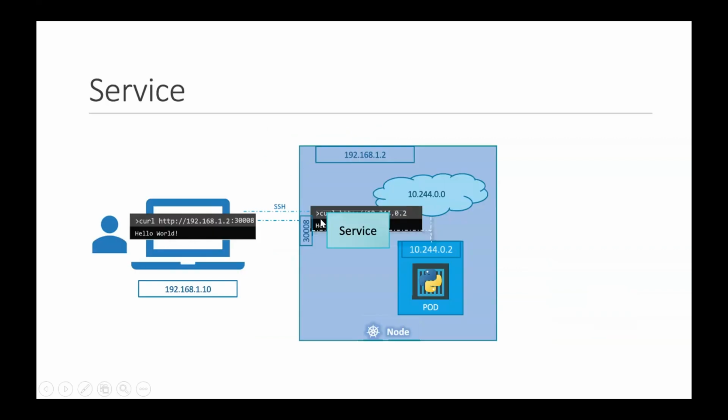Let's move ahead. You can see more examples here of how we can create the service. Like this is our pod, and this is my pod IP address, the pod subnet range, 10.2.244.0.2. This is the IP address of our pod. Okay, so if you try to access this IP address, you cannot directly access this pod. Okay, you will have to access this pod via a service,